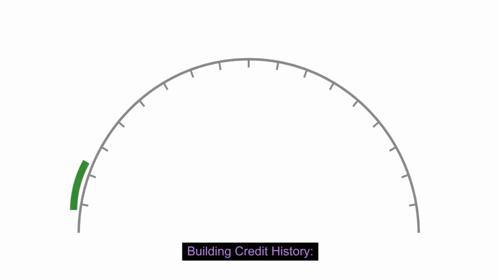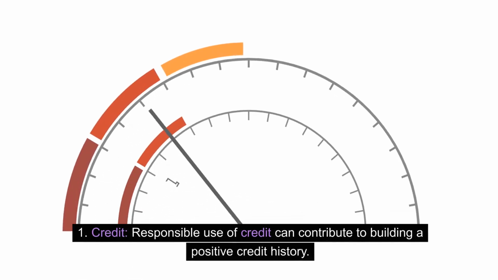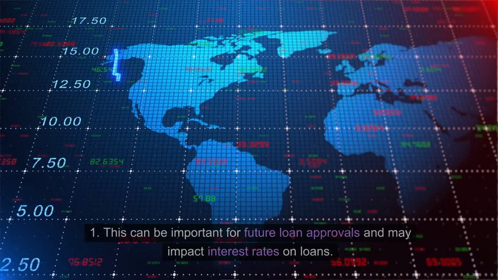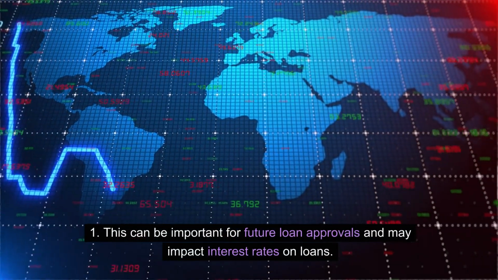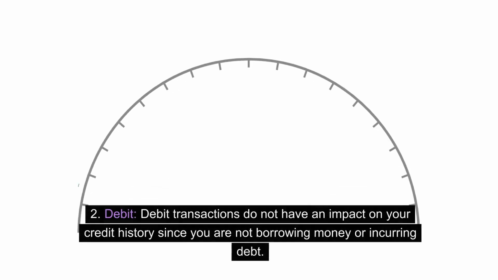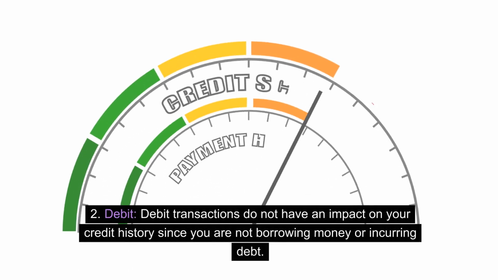Building credit history. One, credit. Responsible use of credit can contribute to building a positive credit history. This can be important for future loan approvals and may impact interest rates on loans. Two, debit. Debit transactions do not have an impact on your credit history since you are not borrowing money or